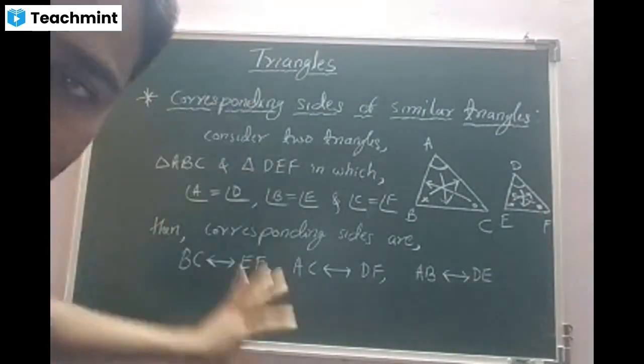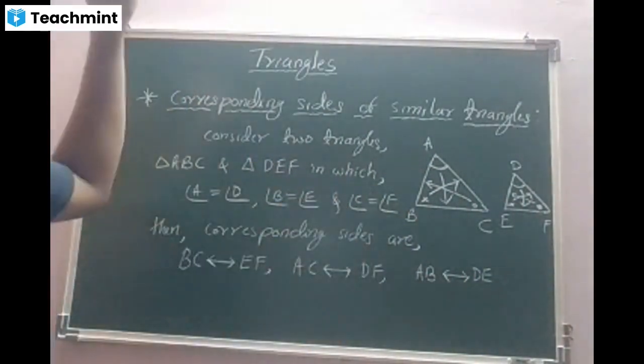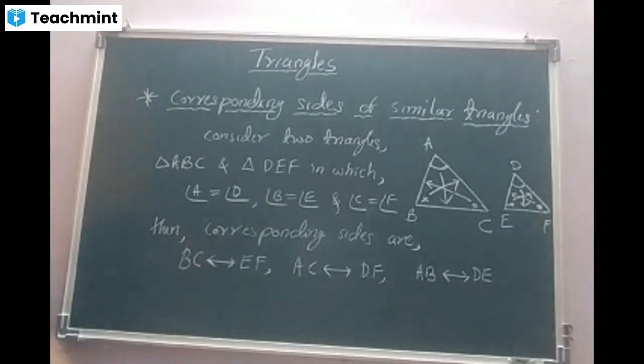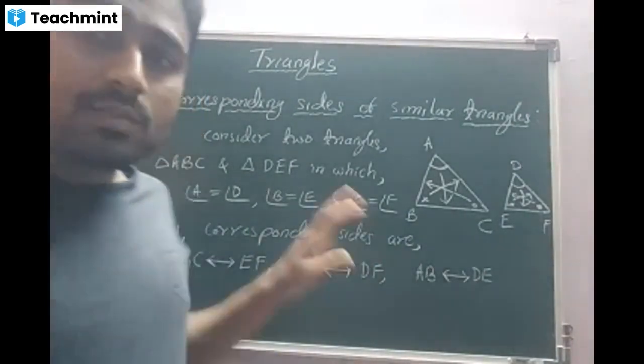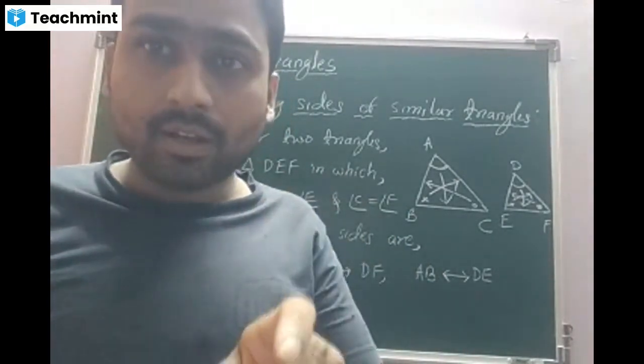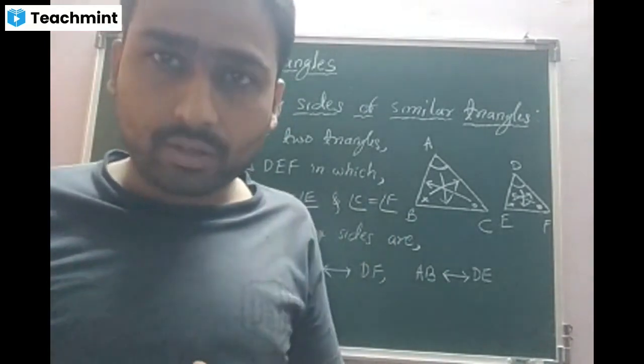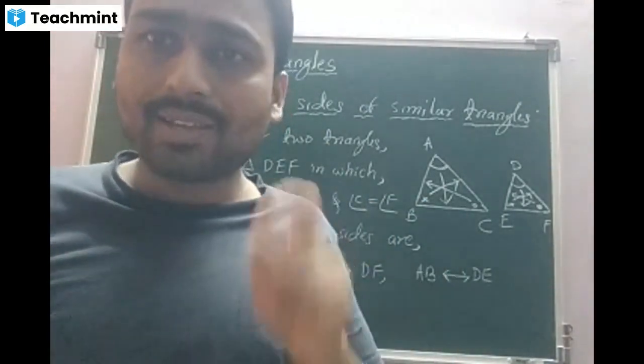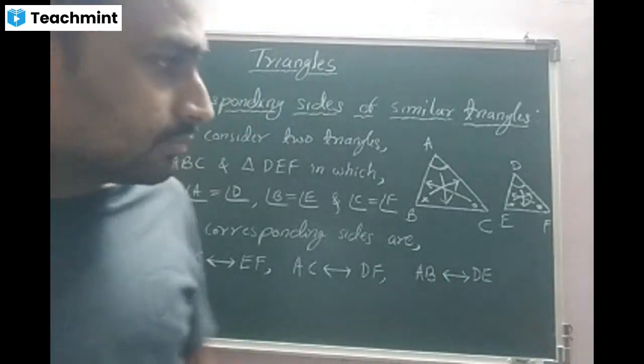Beta, copy this one. I will tell it once again. Copy fast. If you want, you can take a screenshot also. Done, sir. Beta, this will help you when you are solving problems wherein the direction of the triangles is different. You will come to know about it when I take the exercises. Okay, beta? Yes, sir.